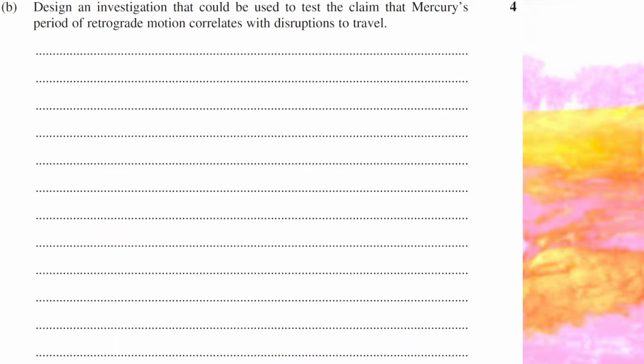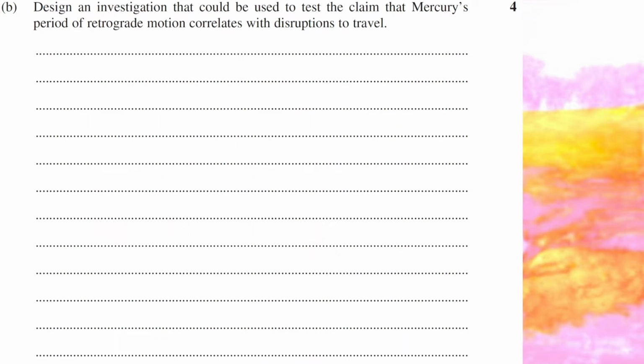So design an investigation that can be used to test the claim that Mercury's period of retrograde motion correlates with disruptions to travel. The first thing there is you've got two distinct variables that are quite different to each other. You probably need to just keep in the back of your mind that this is part of the pseudoscience part of the syllabus, but that's by and by. So you've got here Mercury's retrograde motion. That's obviously stuff you could do as a first-hand investigation, but it's probably a lot easier to get second-hand